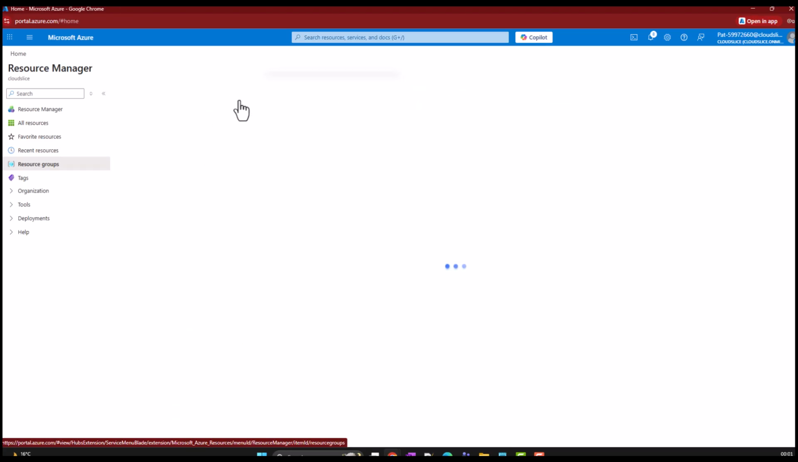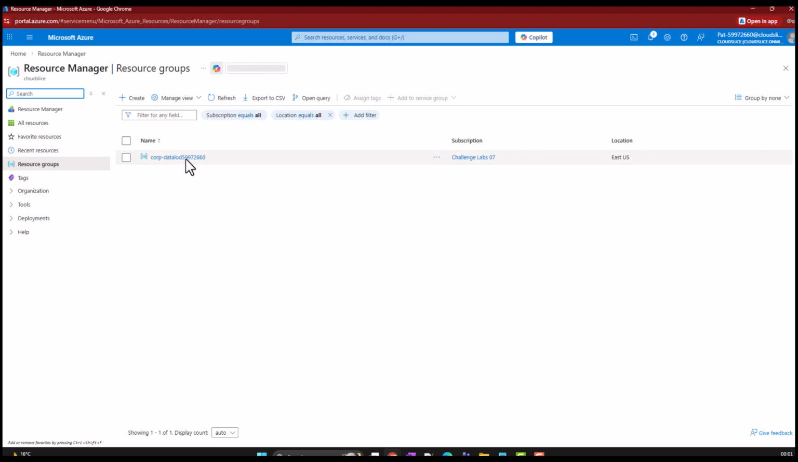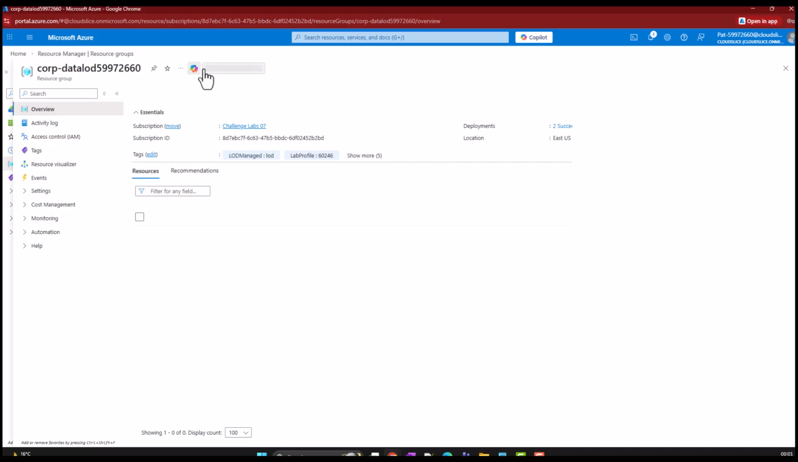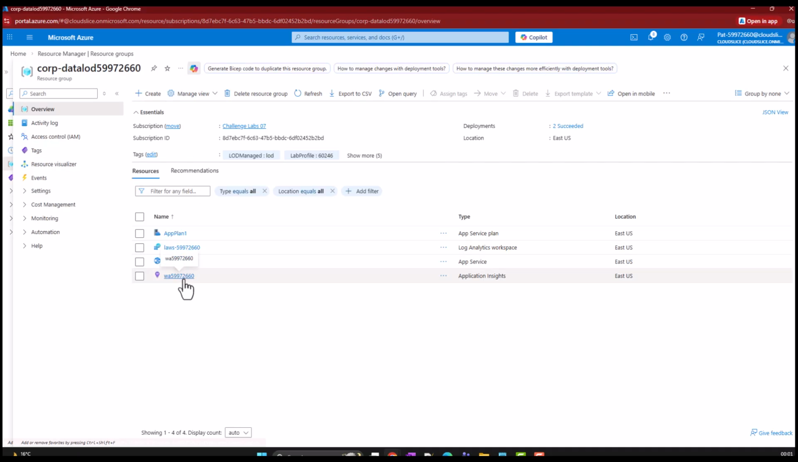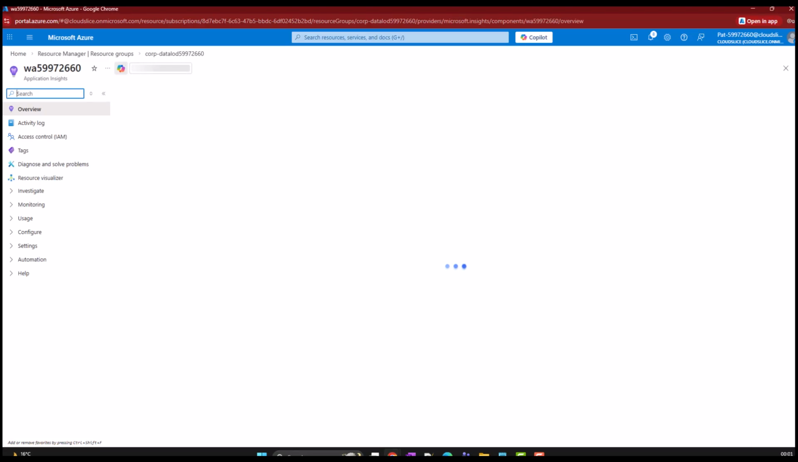So here let me now go to my home again. Let me show you the resource group again, and this time we should have one more resource added into our web app named App Insights. So here we go. Now we have the App Insights as well. Now if I open this App Insights,